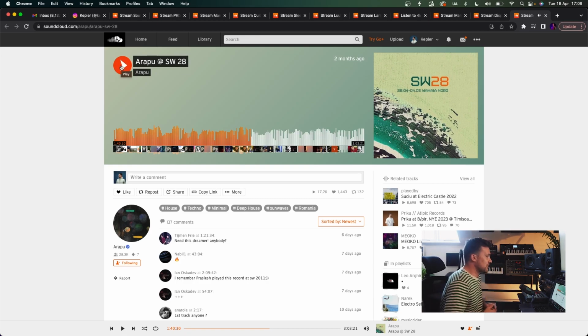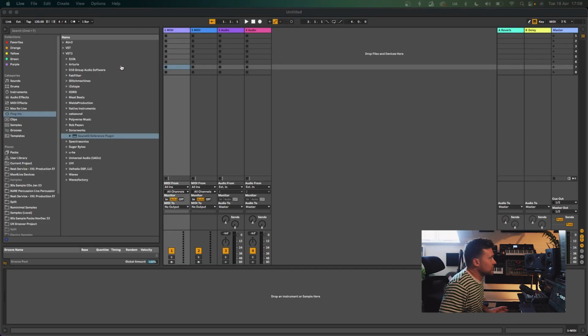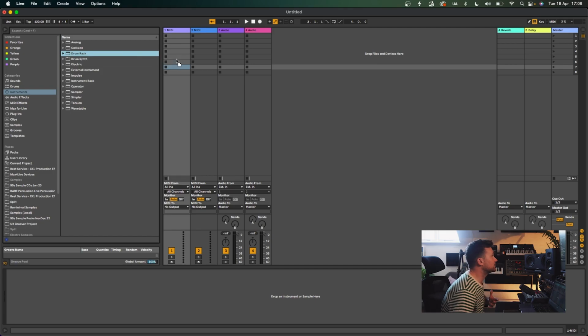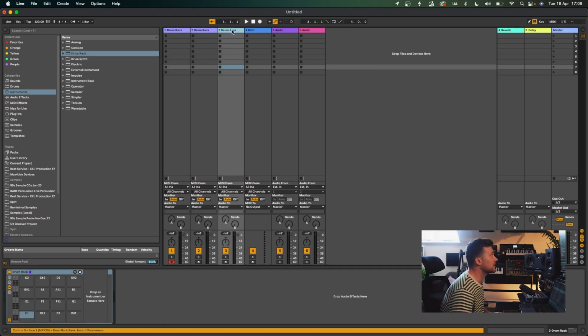So I love the glitchiness of it, and I think we can do something similar. And we'll be flicking through that mix at different points just because I like to have a reference of where I'm working. So I'm going to start straight away just by getting a few drum racks in here, and we're